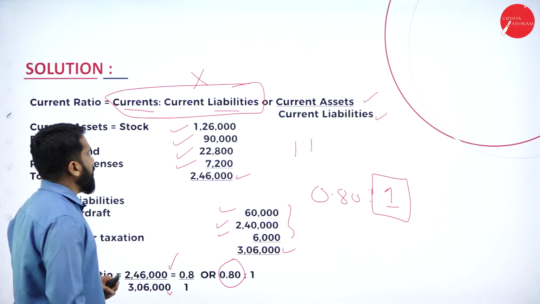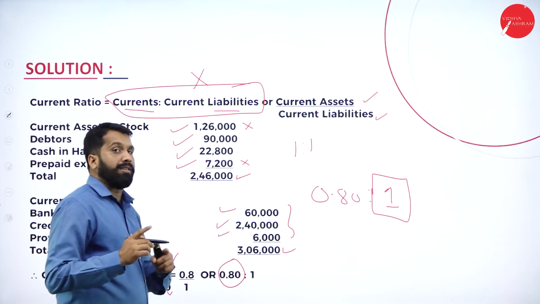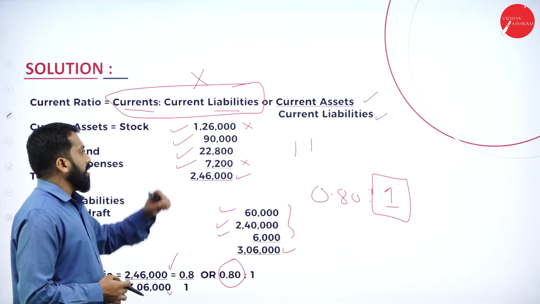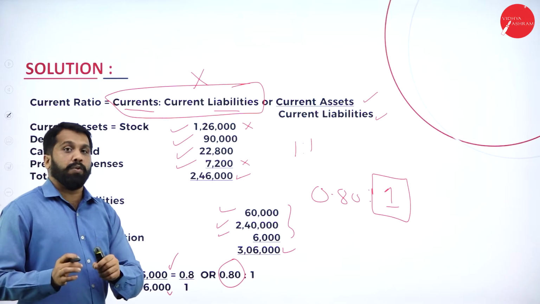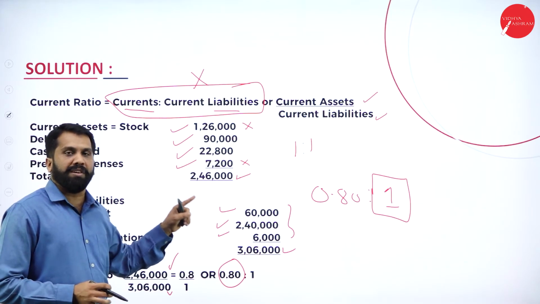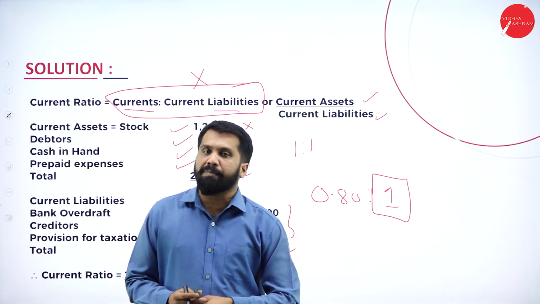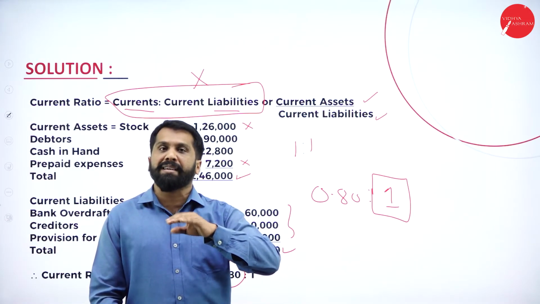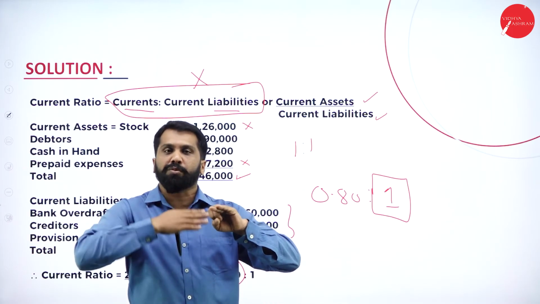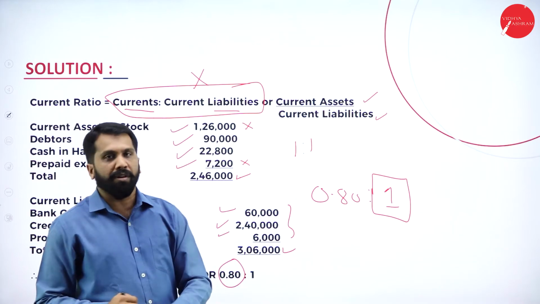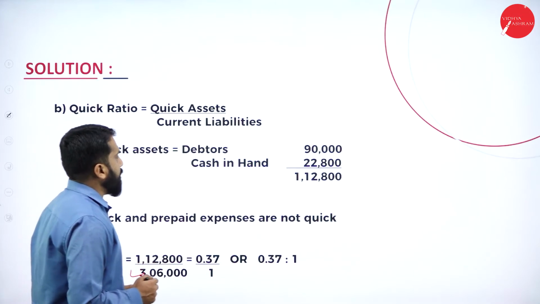Out of this, remember, this one and this one will not come under quick asset. Your stock and your prepaid expenses will not come under your quick asset. Remember, under quick asset, what will come? What will not come? Normal current asset minus stock minus prepaid. These two things we have to remove. Now, what is the value? 22,000 plus 90,000, it will come